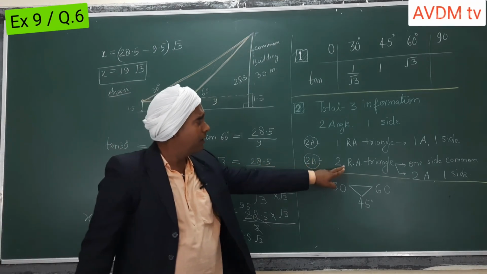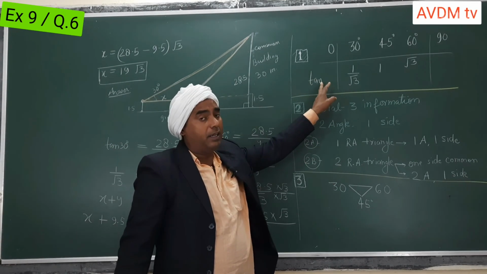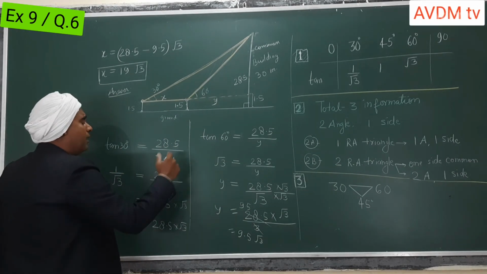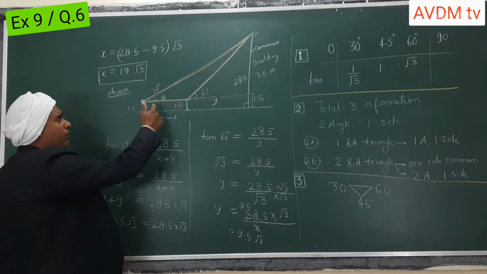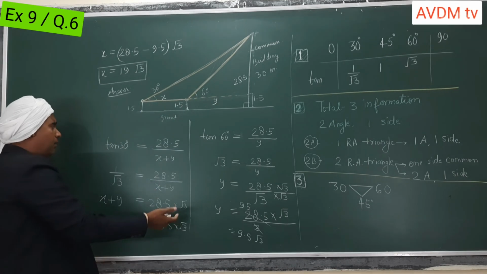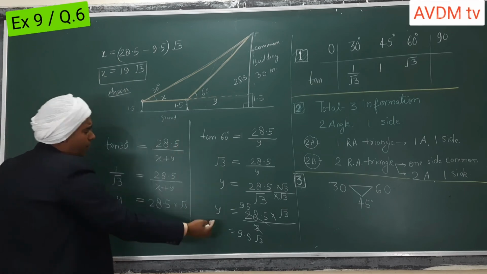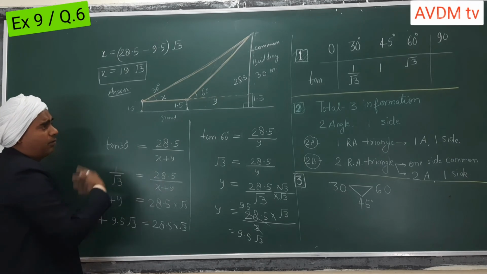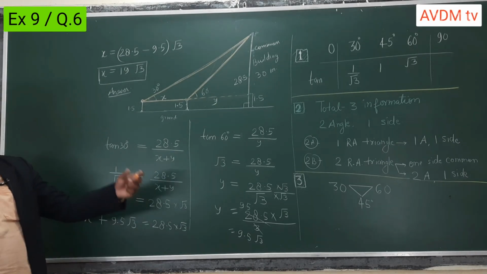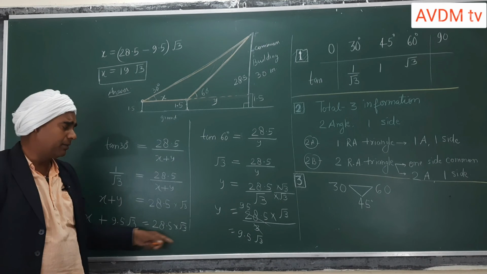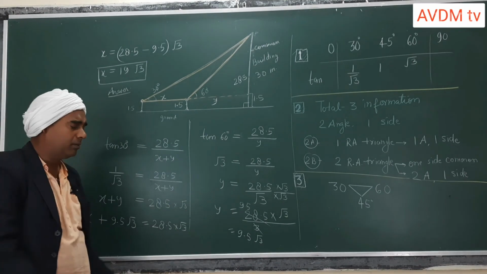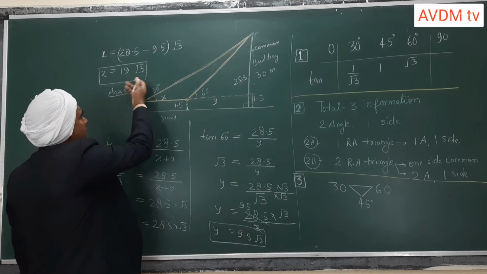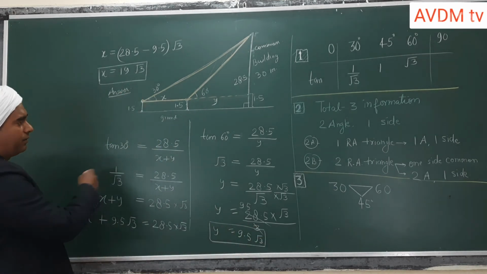2 right angle triangles, 2 times tan 30, tan formula, 2 variables x and y, 1 variable replace. Sometimes both variables are asked. If you know x, then you can tell the y also. 2 variables, 2 equations, 2 unknowns. But at a time they ask only 1 variable, so replace that one. You have known the 2 variables, but we require only 1 variable, that you have found.